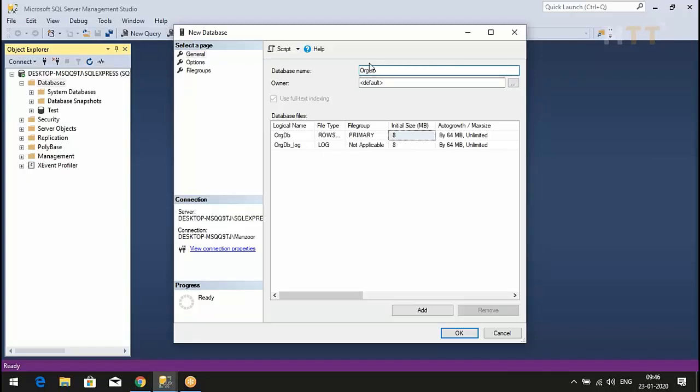Now whenever I'm trying to create a database, it is making two files on my hard disk. One is the database file where we store actual data. Another is a log file that will have information about the transactions that we are performing on the database.